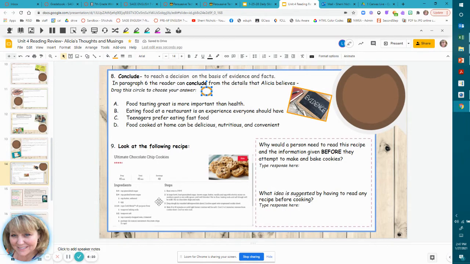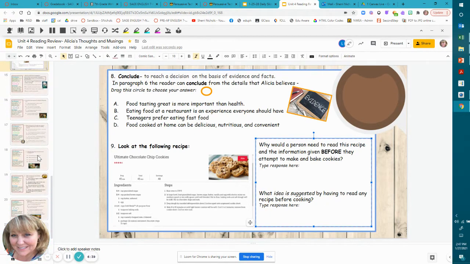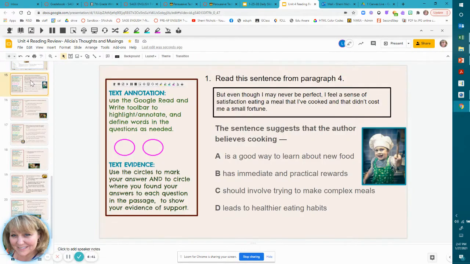Question 9 is looking at the recipe and why would a person need to read this recipe and the information given before they attempt to make and bake the cookies. Type your reasons here. And what idea is suggested by having to read any recipe before cooking? Type your answer here. And once you're done with that, then you're going to use that same passage that you listened to the audio and followed along and marked to